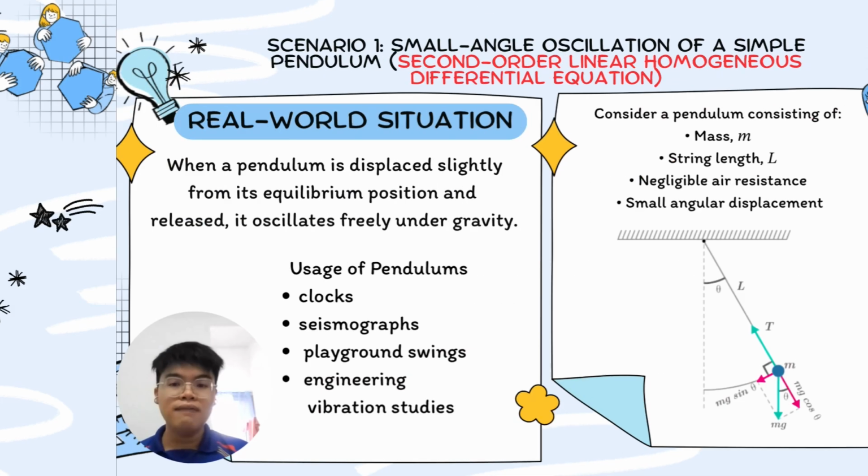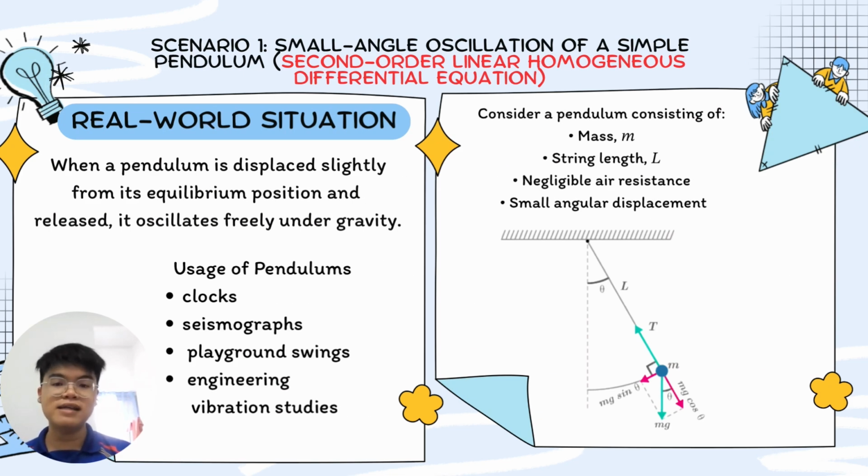For example, now I would like to explain a real-world example of a second-order linear homogeneous differential equation: the small angle oscillation of a simple pendulum. Pendulums are commonly used in clocks, seismographs, and playground swings. A simple pendulum consists of a mass suspended by a string of fixed length. When air resistance is negligible and the angular displacement is small, its motion can be modeled by a second-order linear